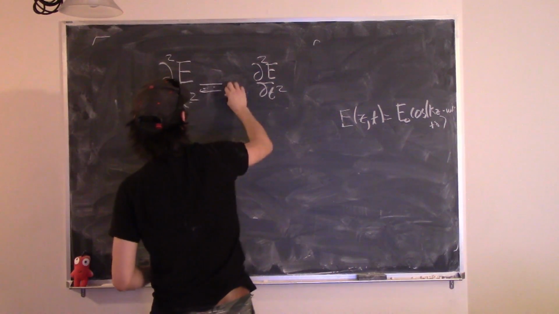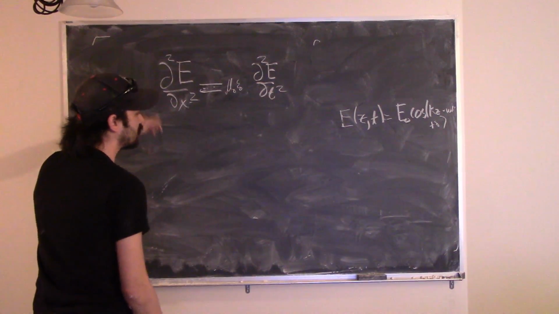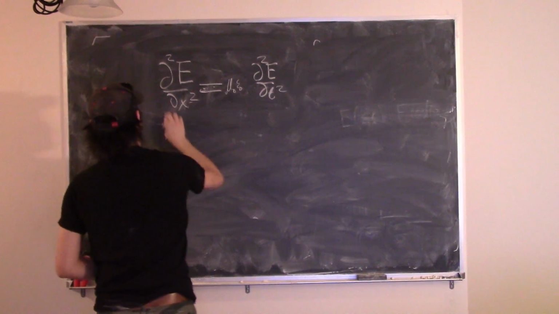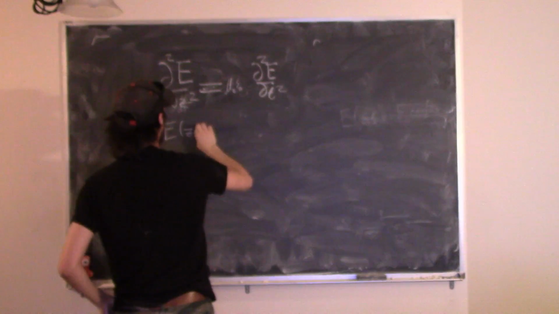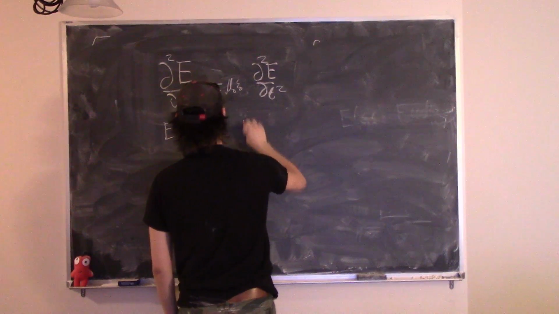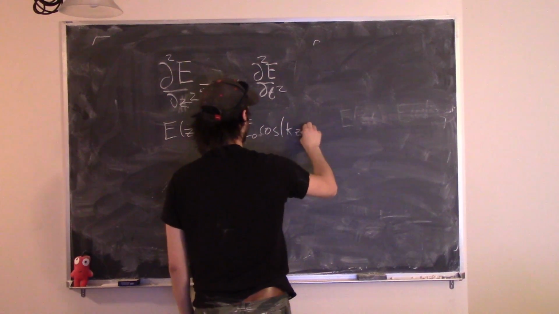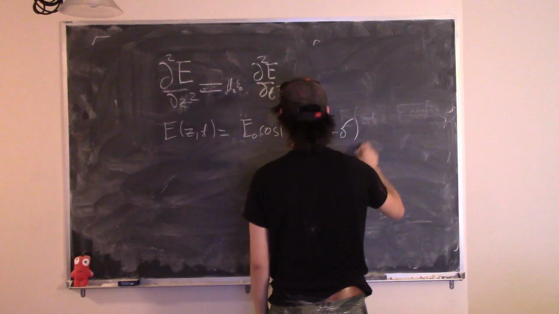So this is going to be mu naught epsilon naught. In order for this electric field that I give you here, let me write it over here now, E as a function of z and t, to be equal to E0 cosine of kz minus omega t plus delta,